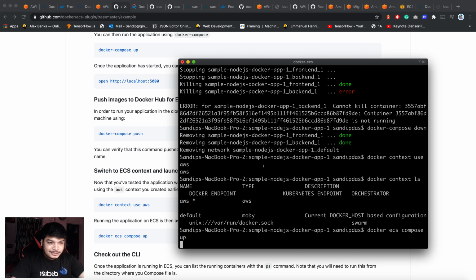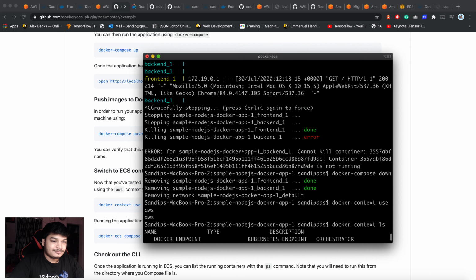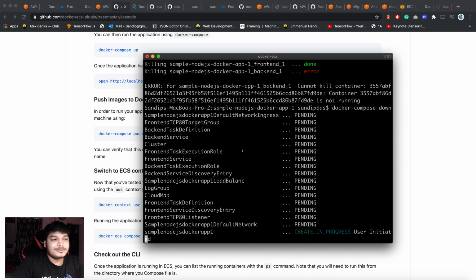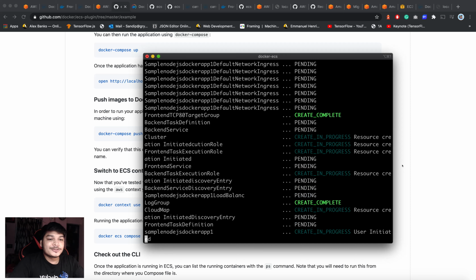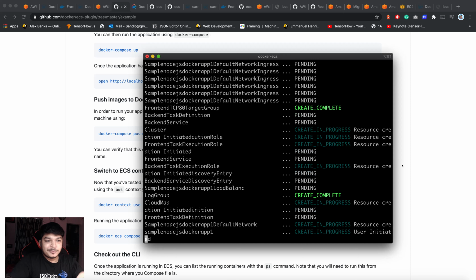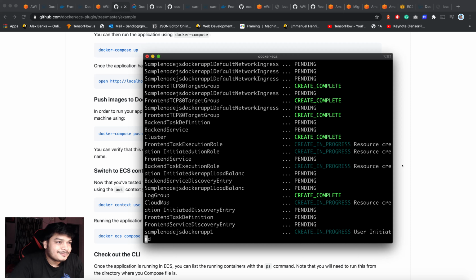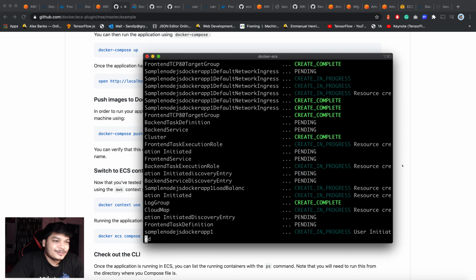And you will see how the CloudFormation is getting started. Let's give it some time. See, this is how it's going. It's making a CloudFormation stack and executing all of it one by one. All the resources are going to get created and the stack will be ready in a few minutes. Just hang on for a few minutes. Okay, it's not going to take that much time, and it's quite a small demo, so don't worry about all that.